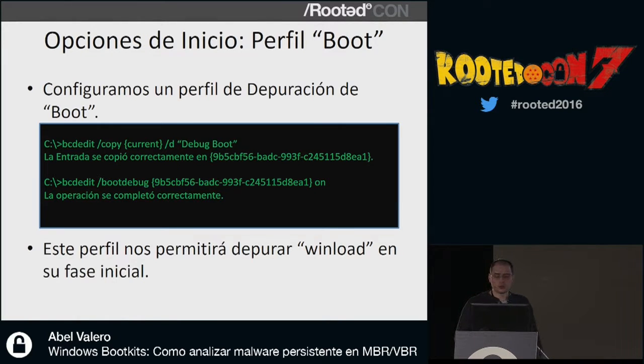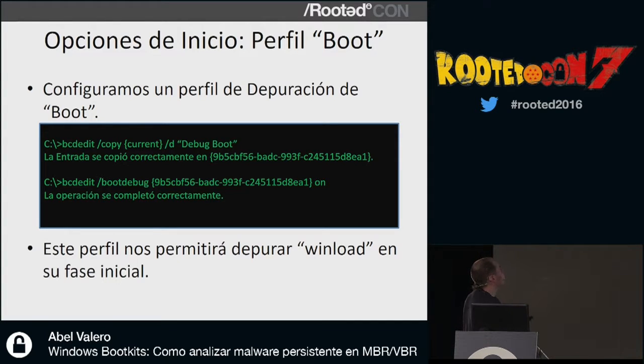Now we can set up the different internal debuggers. If we want to activate the debugger in one load, remember, the BIOS is loaded, then the MBR, Boot Manager 16, Boot Manager 32. Boot Manager 32 goes into WinLoad. So everything that happened before is not debuggable at this stage.